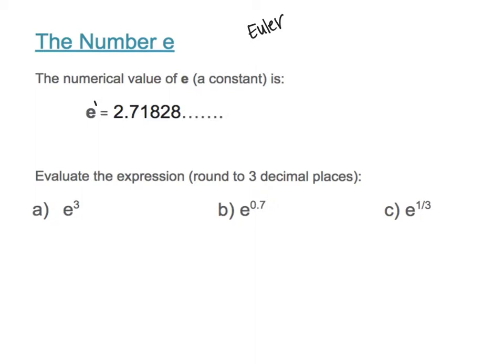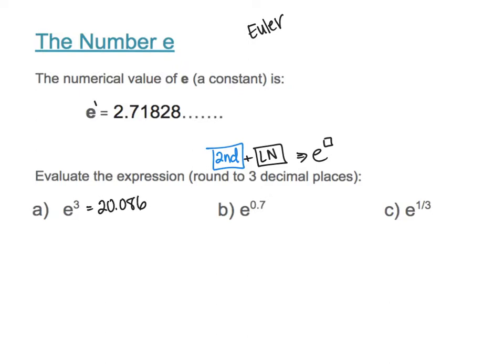If you take a look at the calculator, there's actually an e button. What you have to do is hit second, which is the blue button, and then you hit ln. That's on the far left side of the calculator. ln is the button you'll need to press, and then you'll get the e button where you can put in any exponent you like. If you press that in, e to the third power gives me, rounding to the third decimal place,